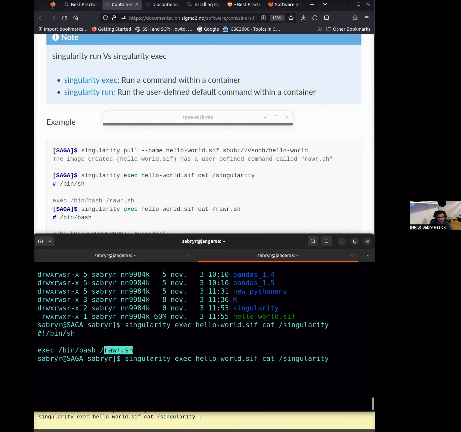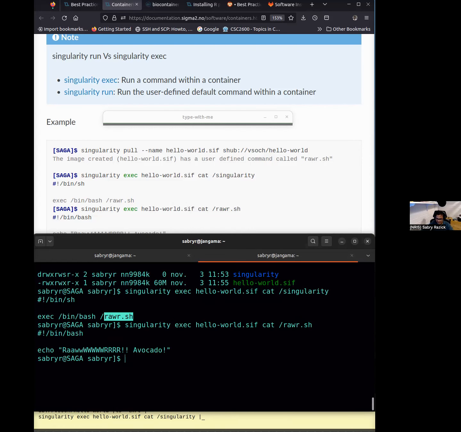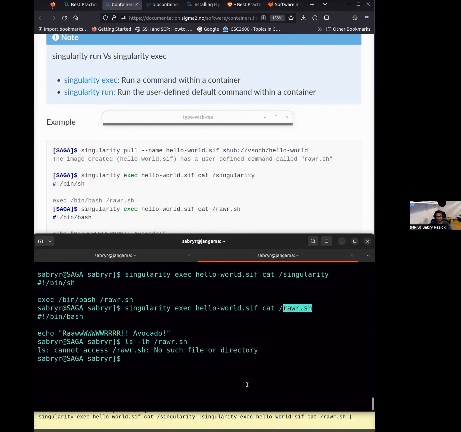Okay, let's see that file, what that is. So now I'm investigating things inside the container. So these files are not on my computer. Okay, let's make sure that it's not there. Let's copy paste that to make sure it's exactly the same. So this is my computer. Right. So there's no file.